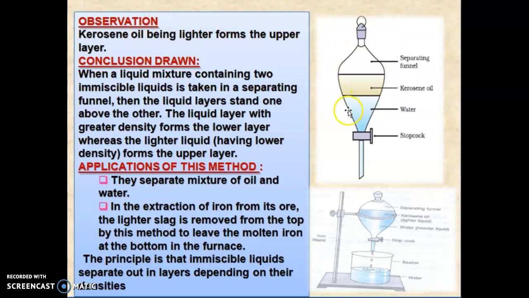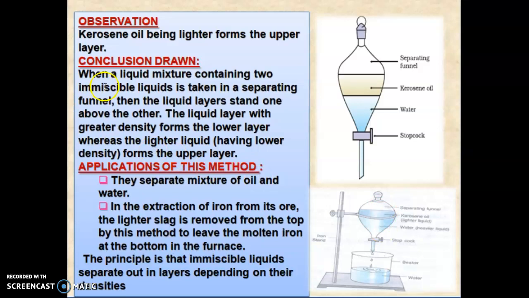So this is the separating funnel. You can see this is the stopcock, and this is water and kerosene in a separating funnel. You have to keep the apparatus like this. This one is water and beakers. This is the stopcock. So this is in two layers. First we are taking the water from that. This is the water and this is the stand. Okay, so you can see the lighter particles will be on top, that is in the upper layer, and heavier particles will be down. So the heavier is water and the lighter is kerosene.